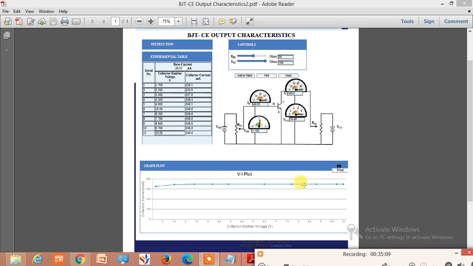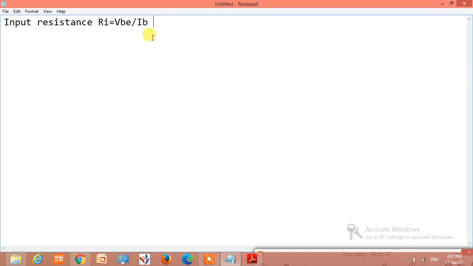है. तो अब हम लोगों ने दो वैल्यूज फॉर इनपुट एंड आउटपुट कैरेक्टरिस्टिक्स के लिए प्लॉट कर दिए हैं और ये हमें अभी एक्चुअल ग्राफ पेपर पे ड्रॉ करना है। अब ये ड्रॉ करने के बाद आगे काम कौन सा है, तो जैसे ही हम लोगों ने इनपुट कैरेक्टरिस्टिक्स के लिए इनपुट रेजिस्टेंस कैलकुलेट किया था, उसी तरह से हमें आउटपुट रेजिस्टेंस भी कैलकुलेट करना है।